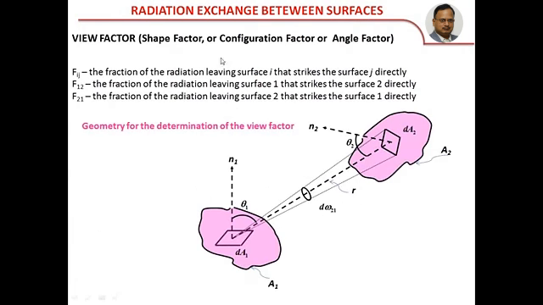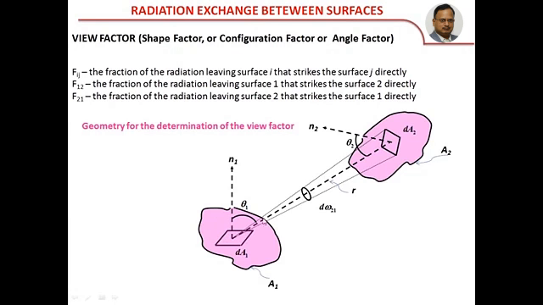Now let us go to the view factor or shape factor or configuration factor or angle factor. Suppose there is an area, a body with an area dA1 and another body with area dA2. Both bodies emit energy continuously in all the possible directions, this A1 and A2. But the total amount of energy emitted by a body A1 is in all 360 degrees angle or in all the possible directions,